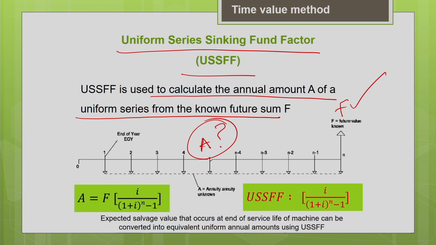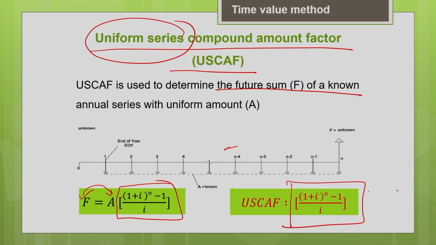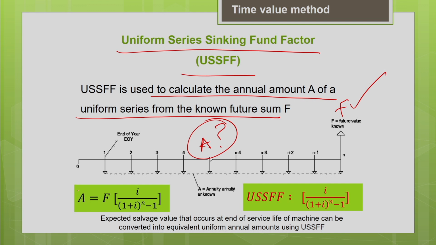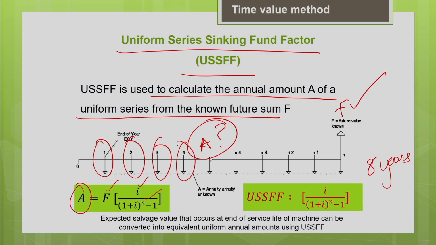It is just obtained by transposing the earlier equation. If you transpose this equation, you will get the A value. So you are going to find A from F, i and n. All these are known, this is unknown. So how much money should I deposit in the bank every year for 8 years, the same example, at the compounding interest rate of 8%,